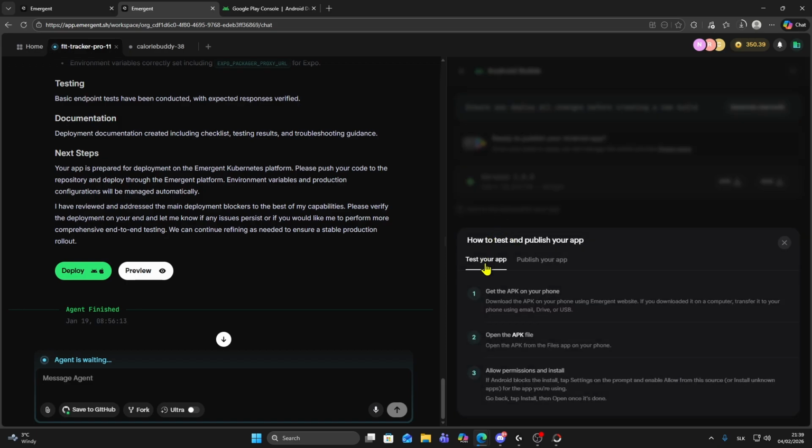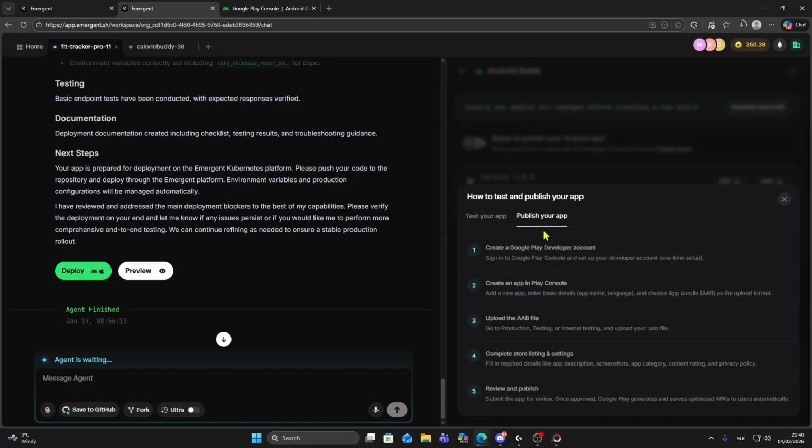So firstly, you can test your app. So get the APK on your phone. Then you want to open the APK file and allow permissions and install. And once your app is tested and everything works, you can click on publish your app. And now you want to go to